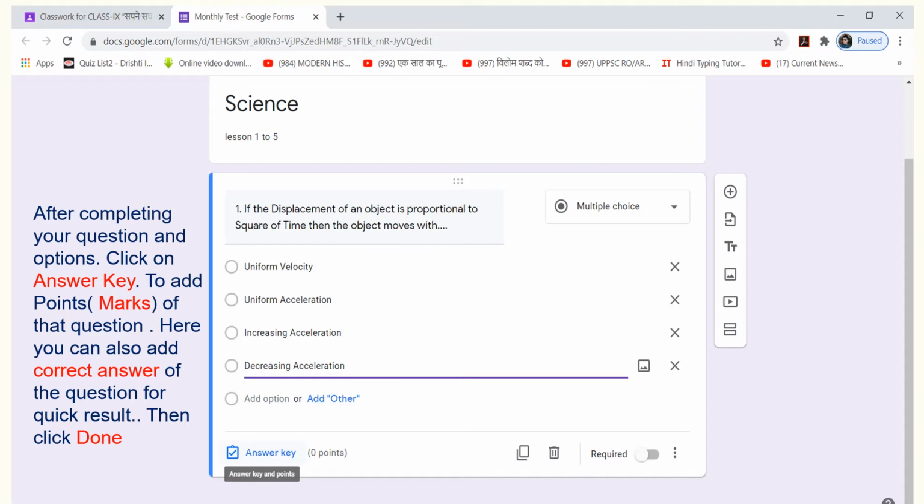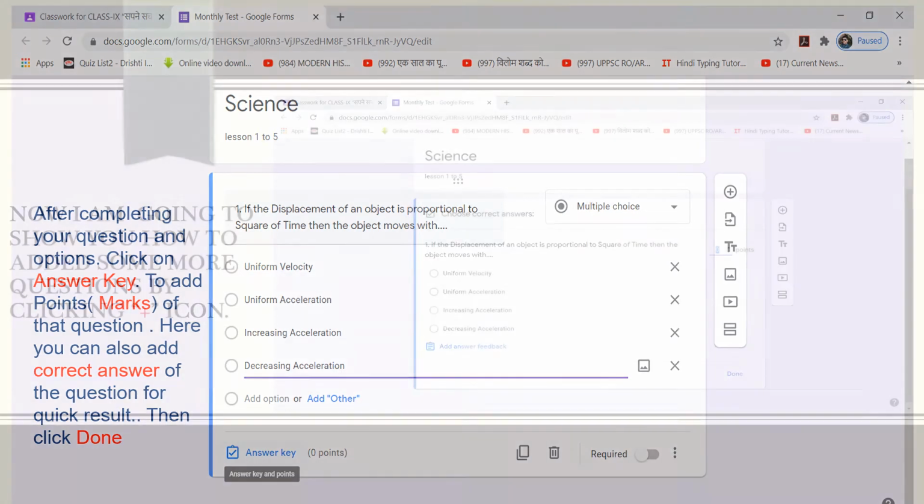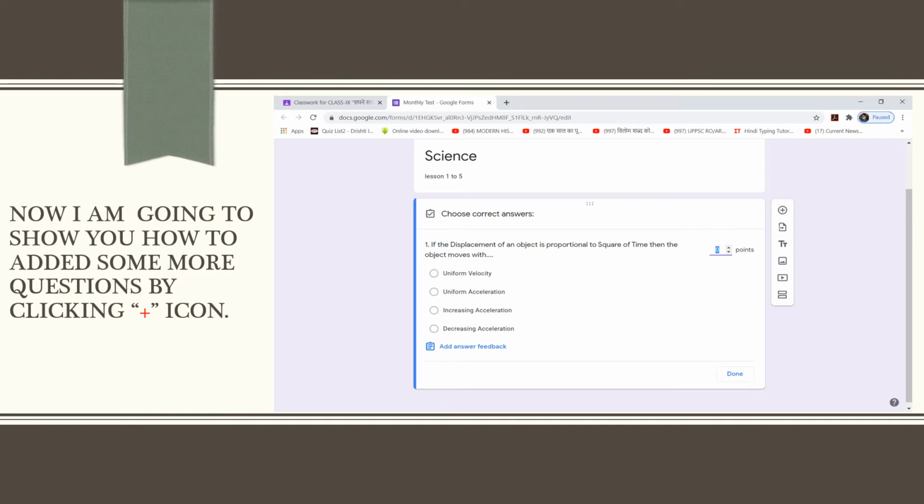Here you can also add the correct answer of the question for a quick result. Then click the Done option. Now I am going to show you how to add more questions by clicking on the plus icon.